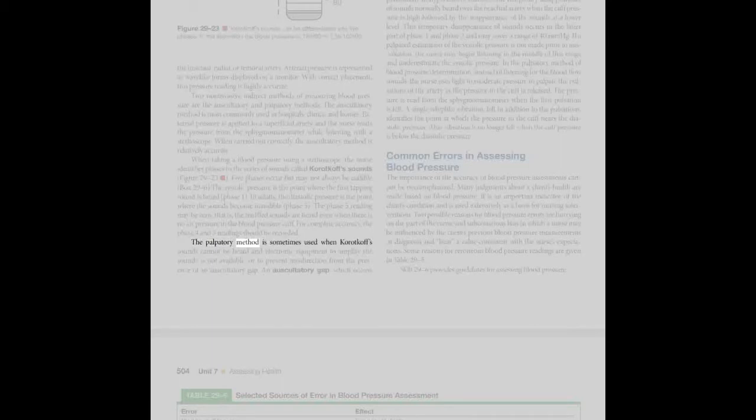The palpatory method is sometimes used when Korotkoff sounds cannot be heard and electronic equipment to amplify the sounds is not available, or to prevent misdirection from the presence of an auscultatory gap. An auscultatory gap, which occurs